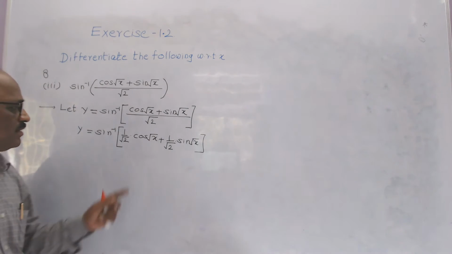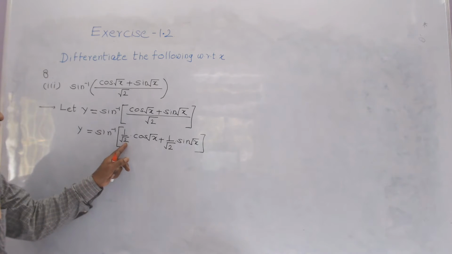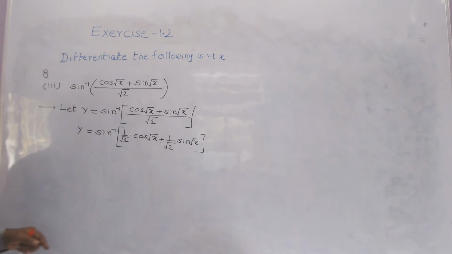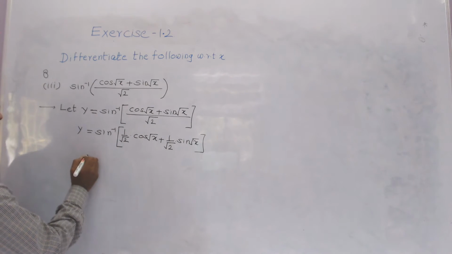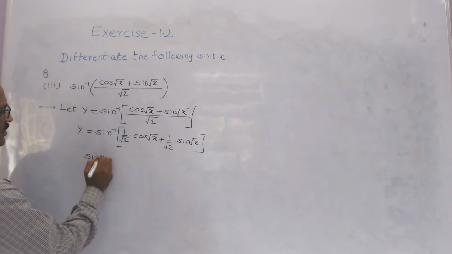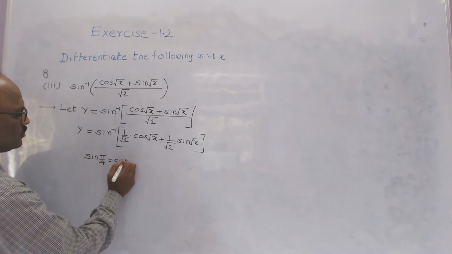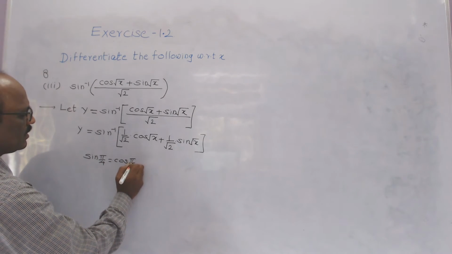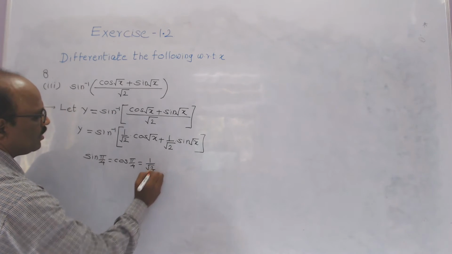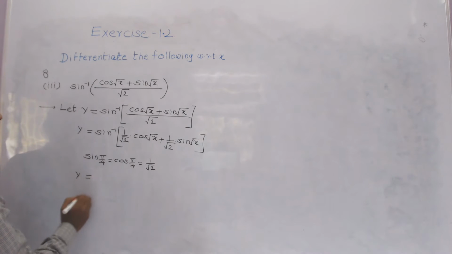Now for our convenience, 1 by root 2 means what? Sin of pi by 4. I will write here 1 by root 2, that is sin of pi by 4 is equals to cos of pi by 4, and that is equals to 1 upon root 2, and hence I will write here